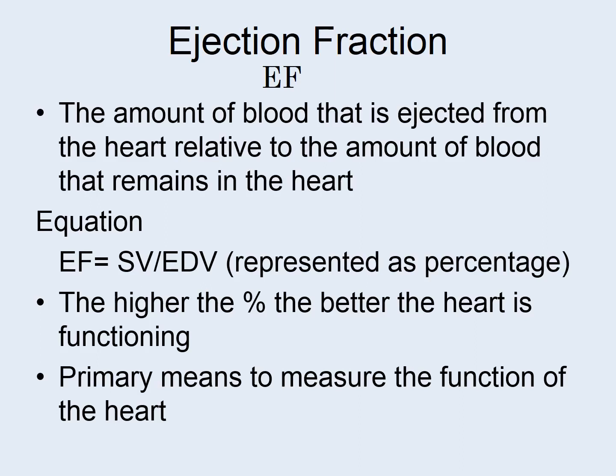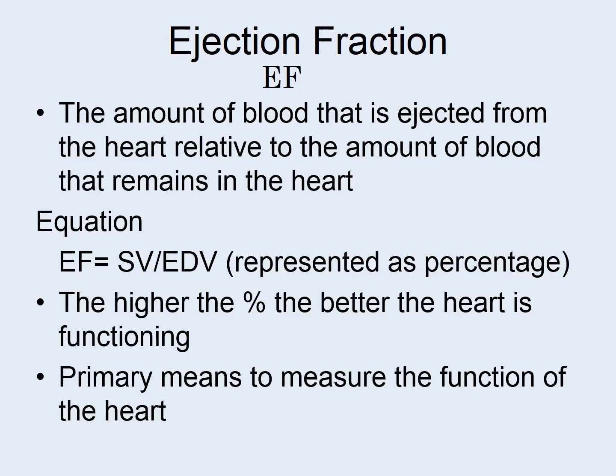This is represented as a percentage, where the higher the percent, the better the heart is functioning, meaning that stroke volume and end diastolic volume are roughly the same, whereas lower percentages are worse off, meaning that stroke volume is much less than the end diastolic volume. That has to do with the fact that stroke volume is equal to end diastolic volume minus end systolic volume. And so what you want is to have as close of numbers as possible,